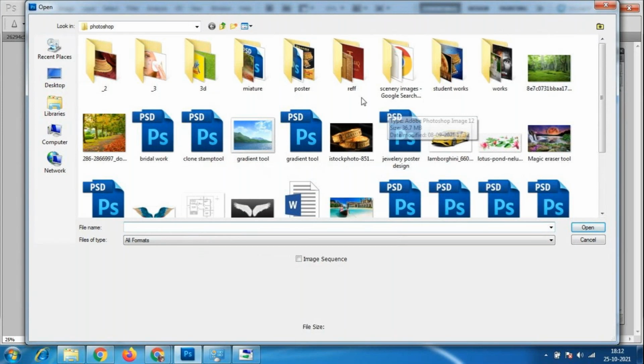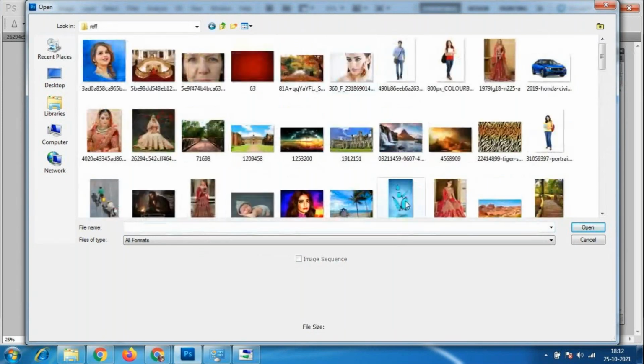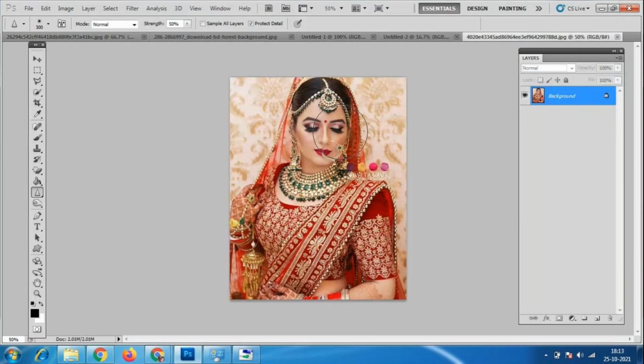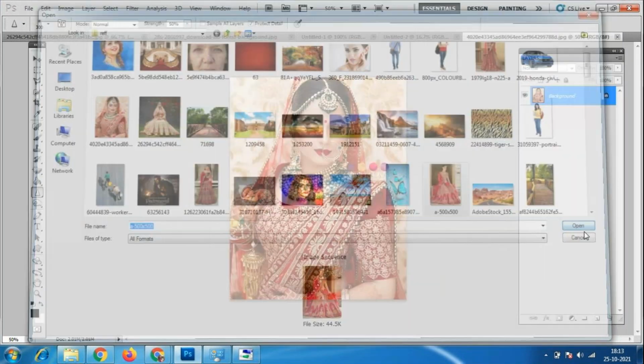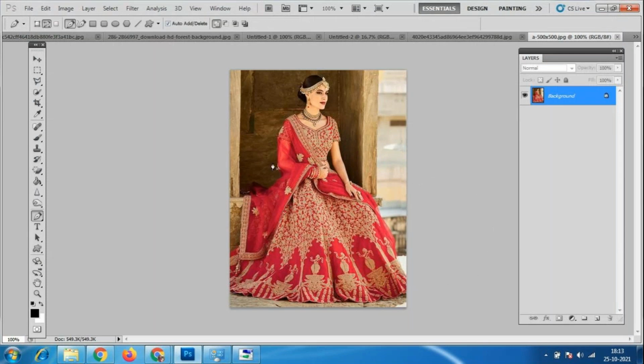It's possible with any kind of background. But suppose I do it here, the whole picture is getting blurred. Yes, that time you have to select only the background. So whatever image I have taken here, you can use the polygonal tool or pen tool, you just have to select only the background. See, now I have selected only the background.